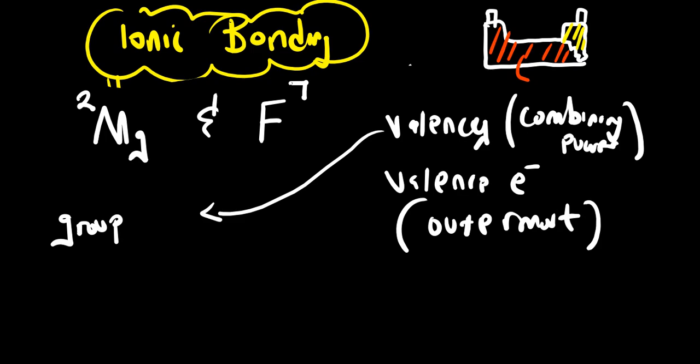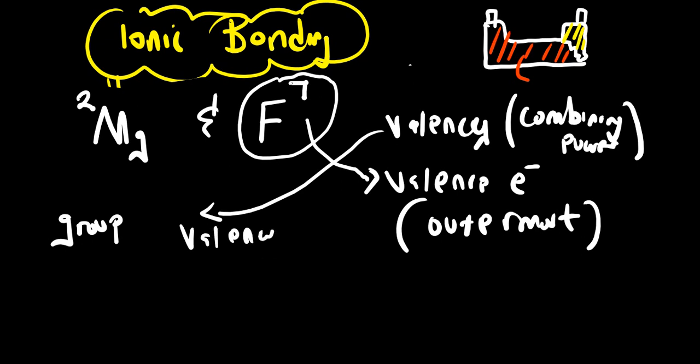Okay, chlorine has 7 electrons in its outermost shell. So it just needs to gain 1 for it to become stable. Those 7 electrons are called valence electrons. Now valency, we said it is the combining power of an element. So for valency, the way we're going to find valency,